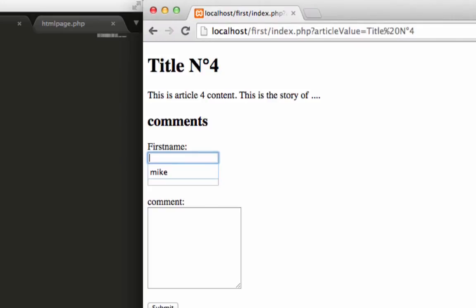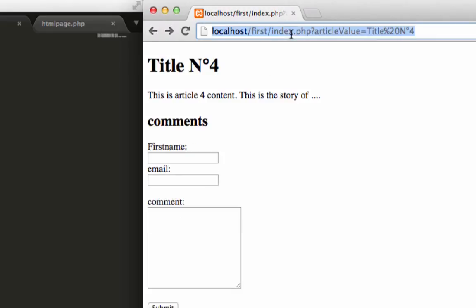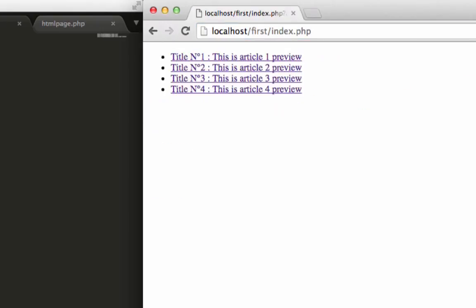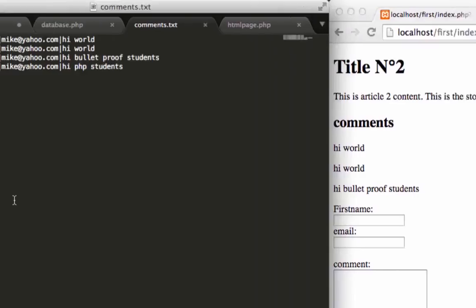hi PHP students, you can see that only the comment of title 4 is displayed. And if we return to article 2, hi word, hi bulletproof students, and here